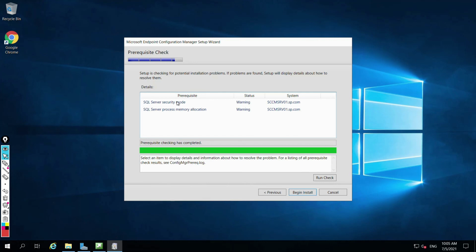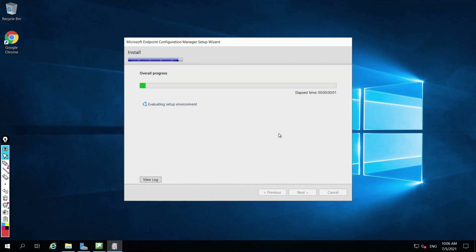Right, so you can see only a warning message is there. The SQL Server name specified is configured for SQL authentication security. It's recommended to configure the SQL Server to operate only in Windows Authentication security. So don't worry, it is just a warning message. We'll click on begin install.